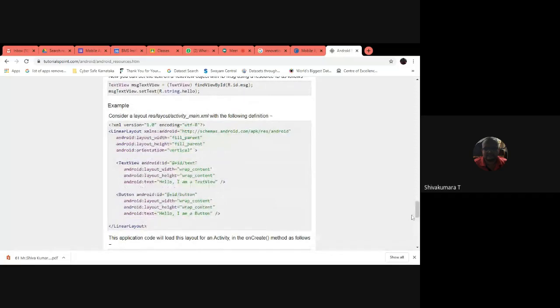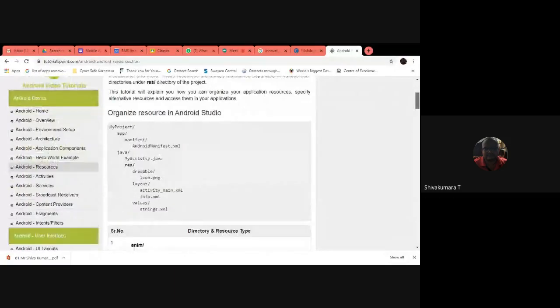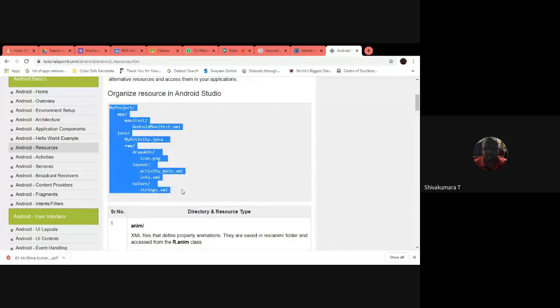So in the project structure, the project structure has the following structure. Again, it is depending on the version of the Android Studio. So what we used in our lab program, the project structure